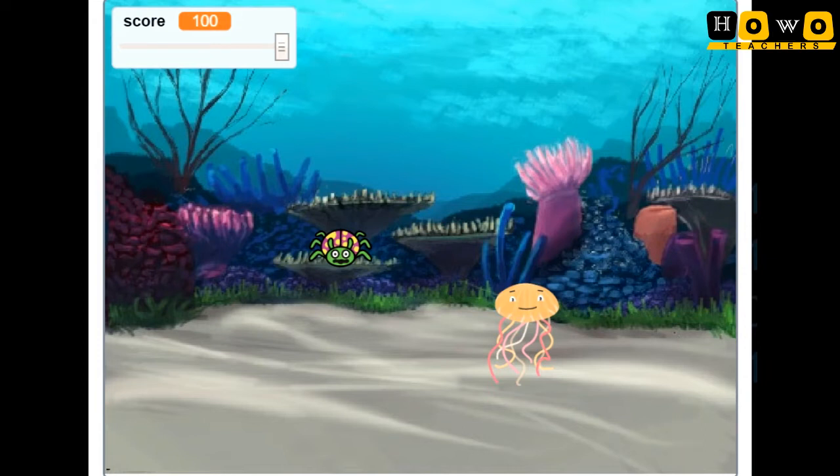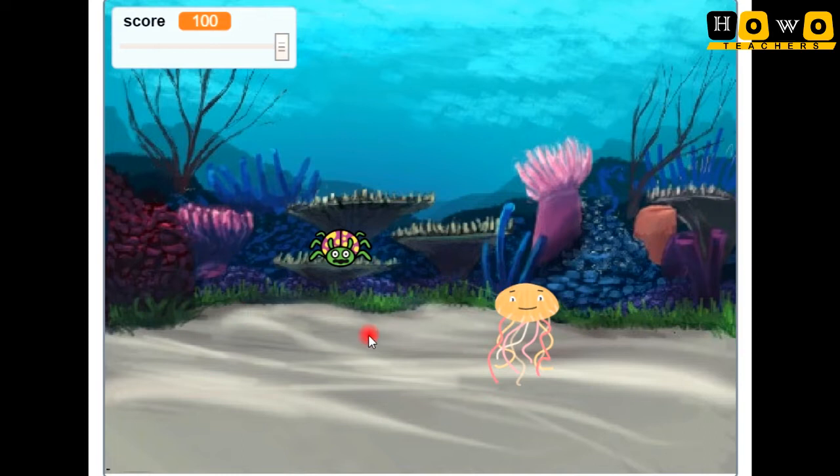So students, here I am going to show you a chase game. In this game, we are having two sprites. We have taken two sprites. One is the ladybug and one is the jellyfish. Here what I have programmed is that in this game the ladybug will move freely and this jellyfish we can control by using the left, right, up and down keys that are present on our laptop. So this game you can prepare very well if you are having a laptop or a desktop, but over the mobile it won't be that easy to prepare.